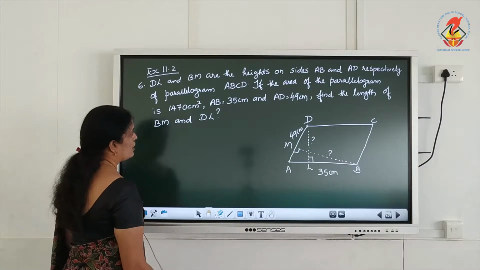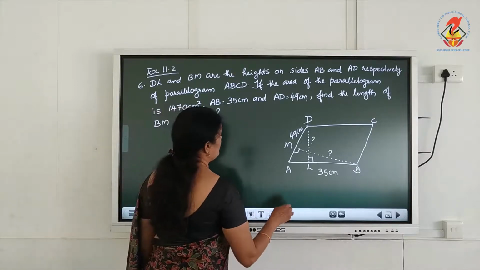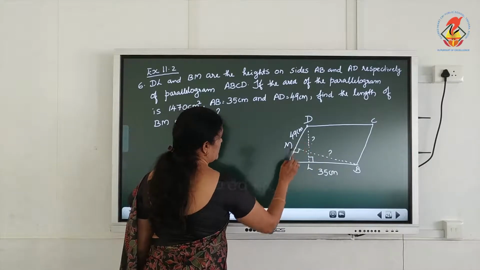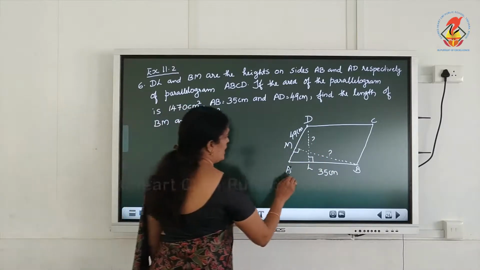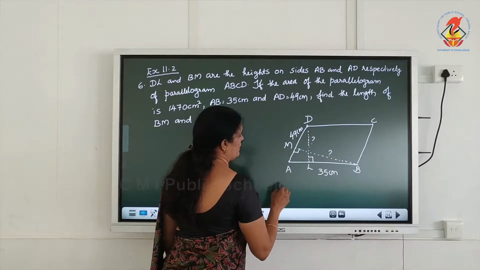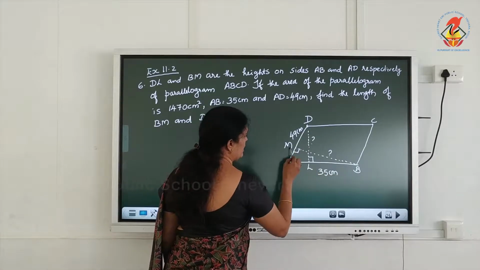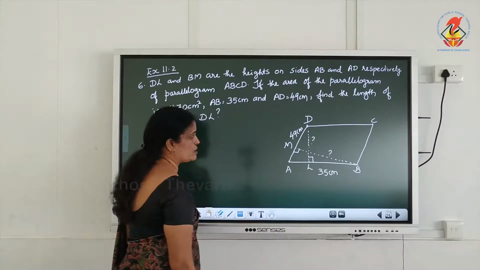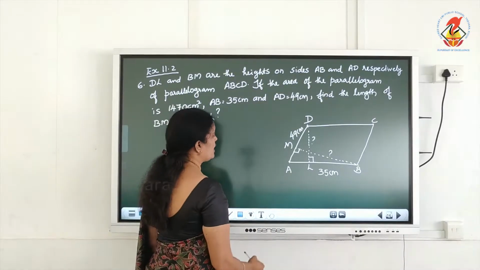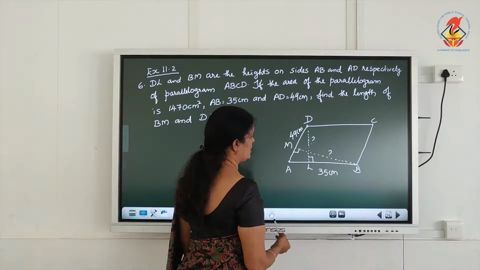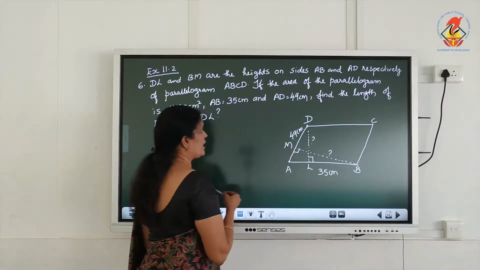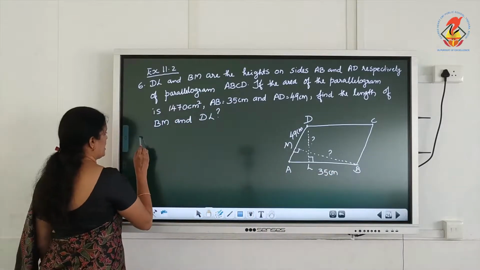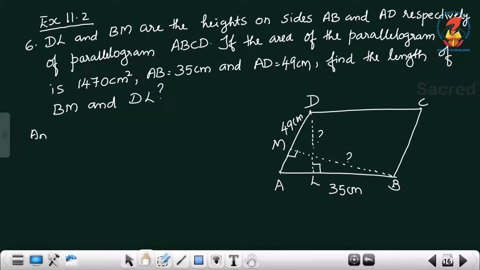Okay, here in this question the area is already given. What is the area of this ABCD? 1470 centimeter square. AB is given and AD also given, but the heights DL and BM on these sides are not given. Then using the area 1470 centimeter square, we can calculate DL and BM. How can you write the first statement? Area of parallelogram equal to